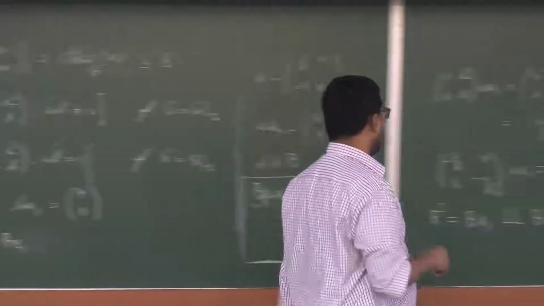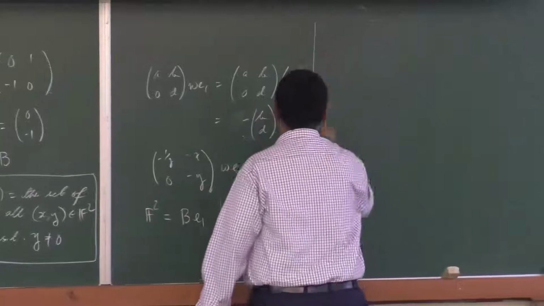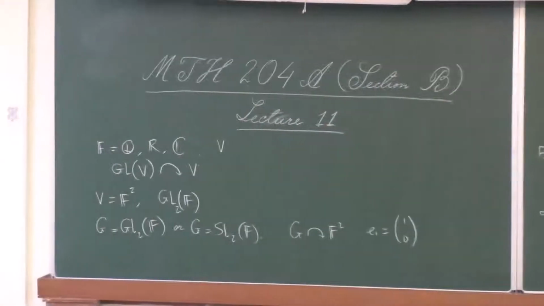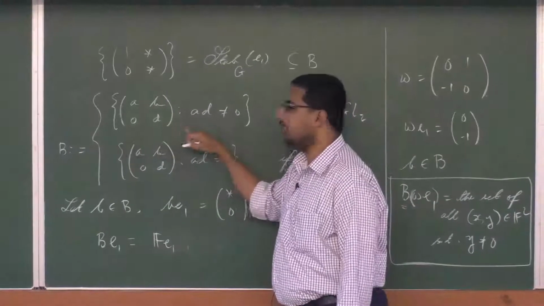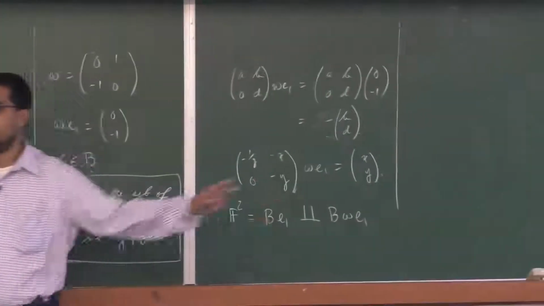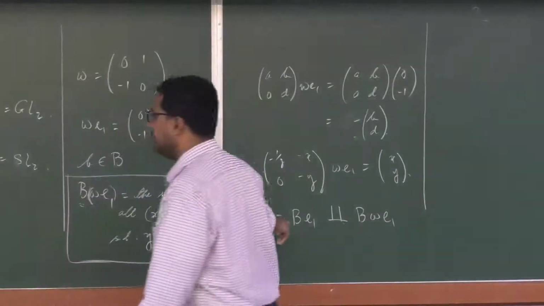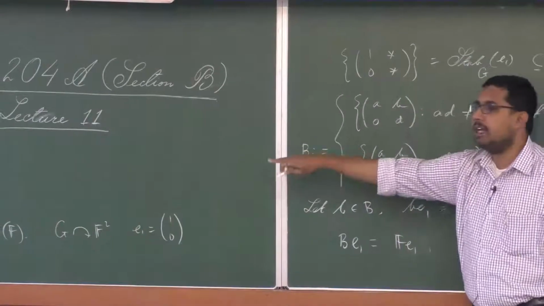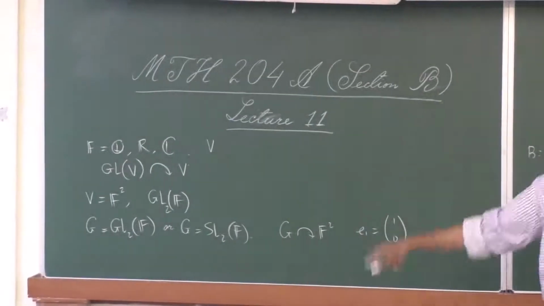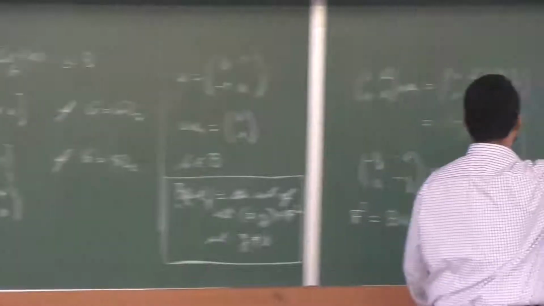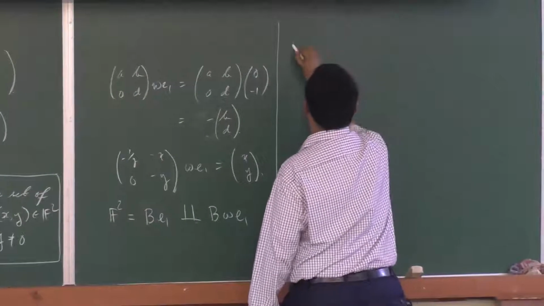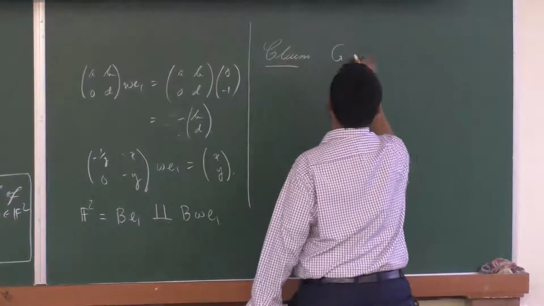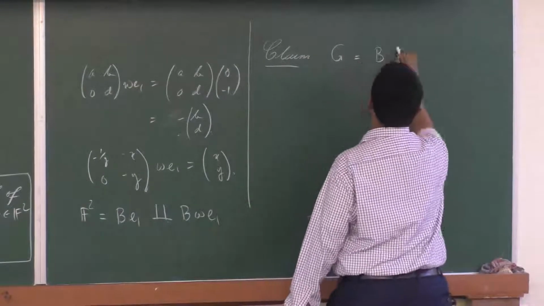Now the reason for considering this, so starting with the action of G, the reason for restricting our attention to the action of this and looking at its orbit is the following: from this decomposition, that is the orbit decomposition of the action of this subgroup, we will get a decomposition of the group G in the following way. So the claim is, G is nothing but B disjoint union